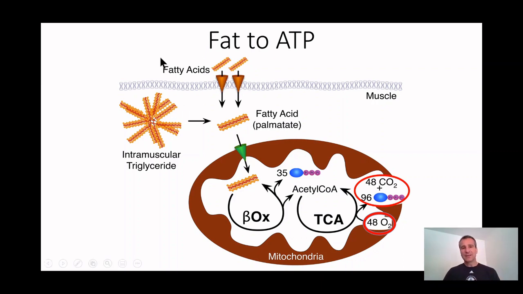Fatty acids can be carried through our blood. Blood fatty acids are transported using proteins like albumin, and they're delivered to our muscle, or they're transported through high density and low density lipoprotein molecules. Our fat can be taken up into our muscle as a fatty acid. This one's palmitate, which is one of the most common fatty acids. What you can see is it's 3 fatty acids together. It looks like a strip of bacon, but it's supposed to be 3 fatty acids together.